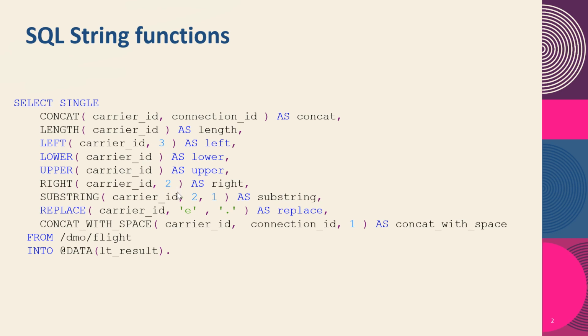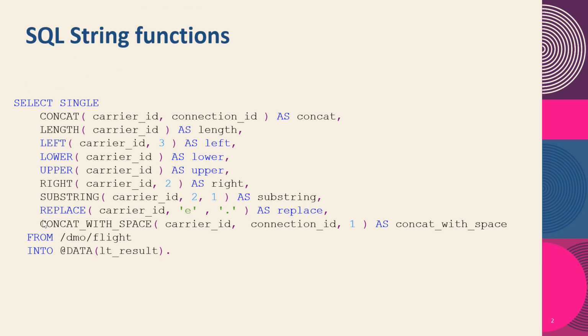For substring, we need to specify from the field which offset and how much length of the substring that we need to get. Replace: in the column, the value to be replaced with